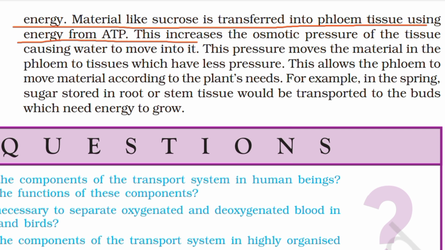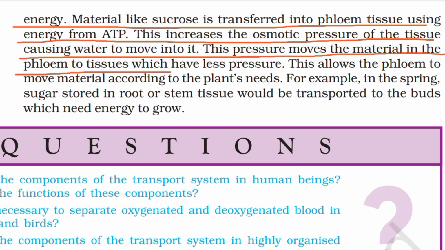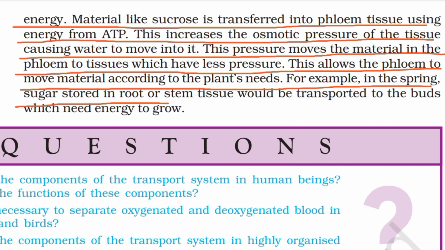Material like sucrose is transferred into phloem tissue using energy from ATP. This increases the osmotic pressure of the tissue, causing water to move into it. This pressure moves the material in the phloem to tissues which have less pressure. This allows the phloem to move material according to the plant's needs. For example, in the spring, sugar stored in root or stem tissue would be transported to the buds, which need